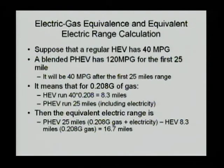Well, because he's 40 miles per gallon, for 0.208 gallons of gas, he can achieve 40 times 0.208. He would get 8.3 miles. So that's what the first person would get. The difference between these two is the equivalent electrical range. So if we take these two, you can see that the electrical range is 16.7 miles,